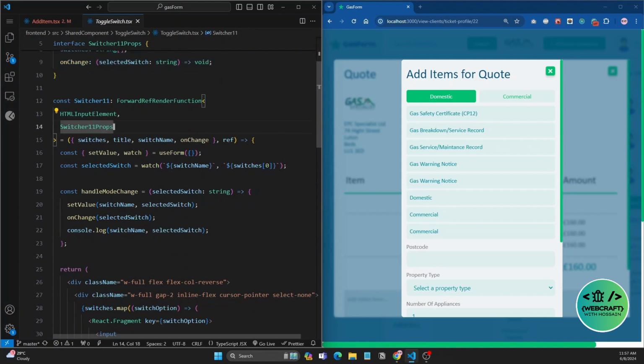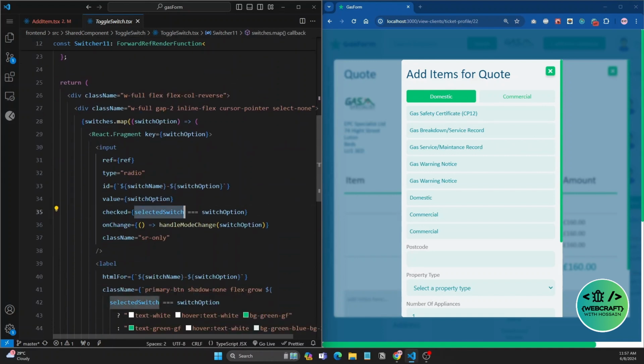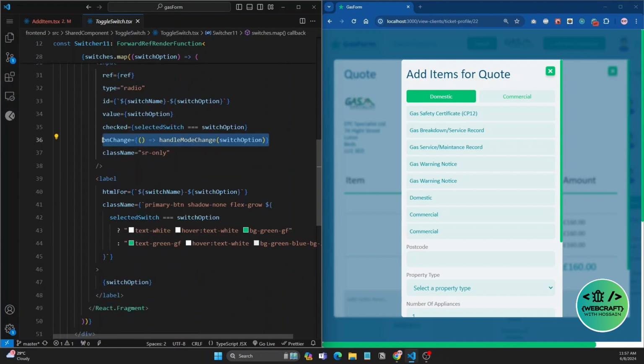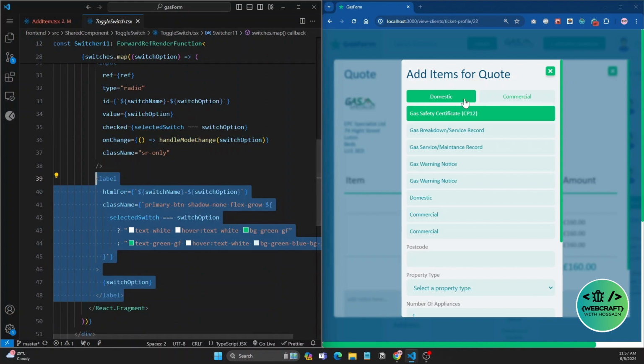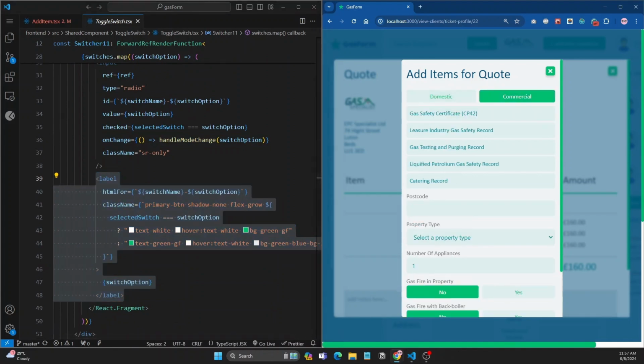And since we're using TypeScript, we're also using interface over here, and this handle mode change is responsible for the toggling functionality here. On change, we are setting the value, and also, as you can see, the checked, we have implemented the select switch, and the on change handle mode change as we have seen before, the function. And the label here is